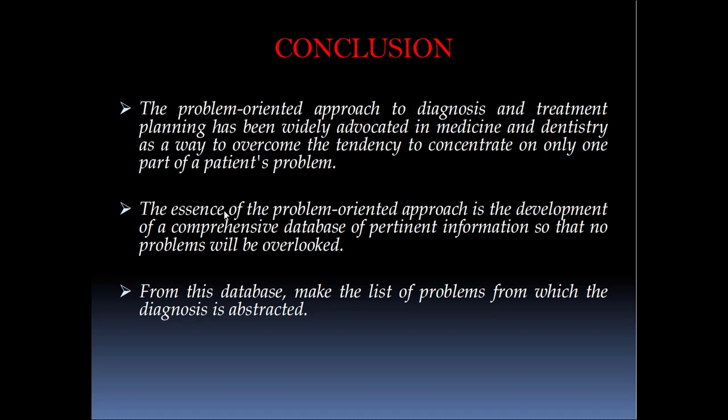So if we summarize, we start with the patient's chief complaint, which is to be kept in consideration and priority. Then we take case history, finding other abnormalities from orthodontic point of view. After taking the case history, we make a problem list. From the problem list and with the help of essential diagnostic aids like lateral cephalogram, OPG, study models, photographs, we make a comprehensive diagnosis.